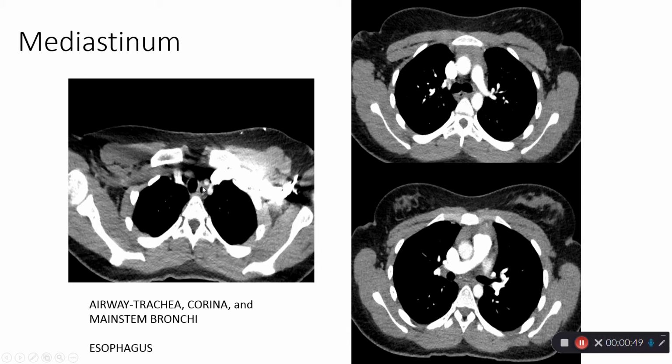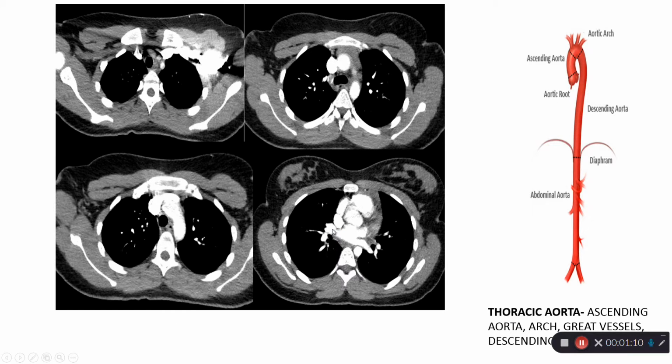The esophagus here to the left lateral aspect of the trachea, small amount of gas. We can see the normal positioning of the esophagus posterior to the trachea here at the level of the carina, and here within the posterior mediastinum with just a trace amount of fluid contained within the lumen. The thoracic aorta, which we're depicting here on 4 cross-sectional imaging